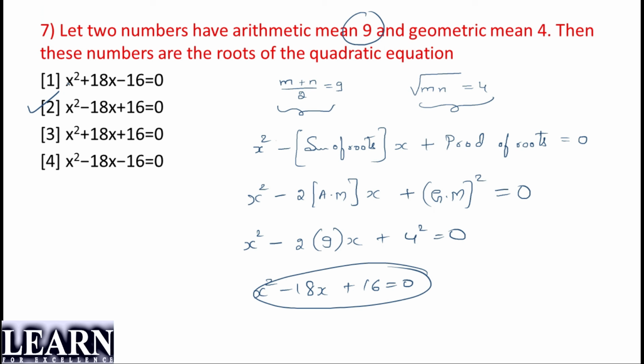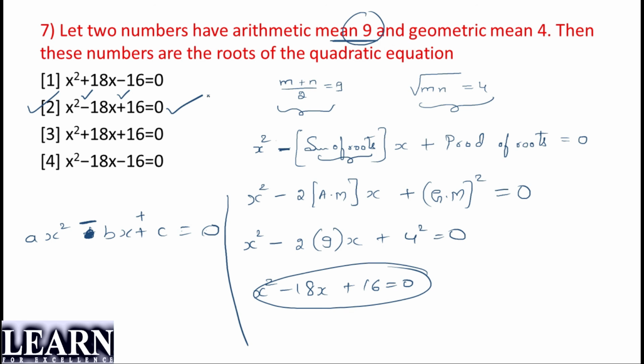Okay, we need to check with the values also. Now if I want to solve it directly, look here, if arithmetic mean is positive, it means sum of roots will also be positive. So if it is ax square plus bx plus c is equal to 0, if arithmetic mean is positive, sum of roots will also be positive, then this sign will be negative because it talks about the negative sum of the roots. Now geometric mean talks about the square root of a number. So the square root of the product of the numbers is positive, so the product of numbers is also positive. So we have to take negative here and positive here. So I can tell B is the direct answer.